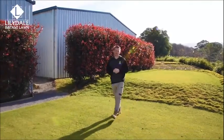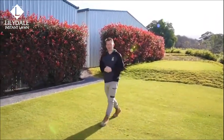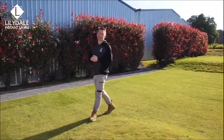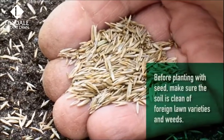A new lawn is usually established through three common methods: the spreading or sowing of grass from seed, the planting of vegetative material or pieces of turf known as sprigs, or finally, the most common method, installing a new lawn from instant turf. In order to grow a lawn from seed, you need to start off with a nice